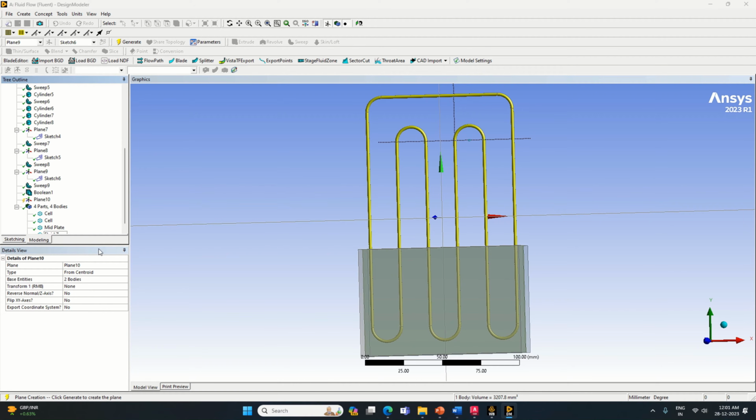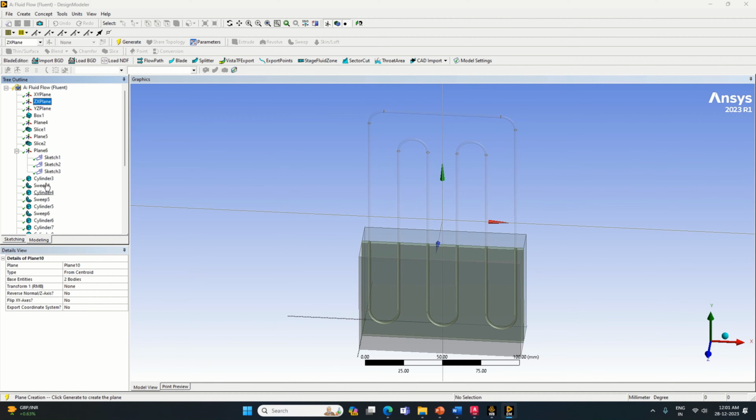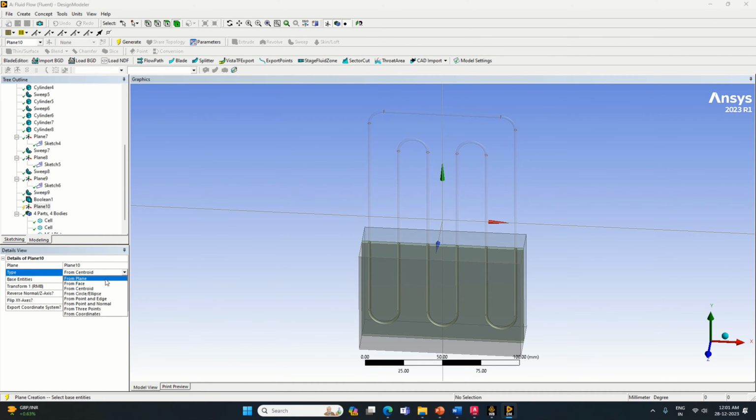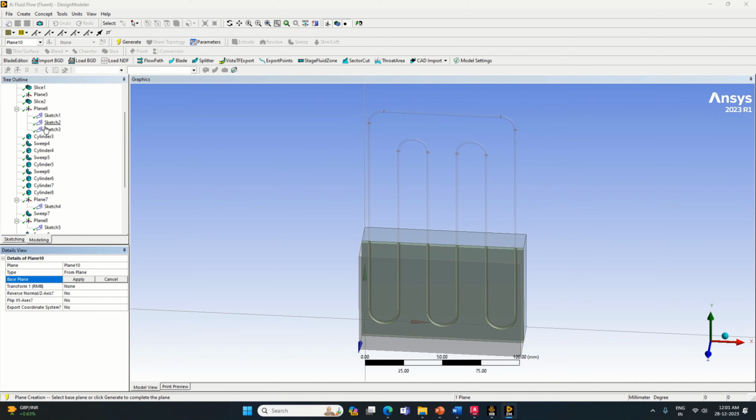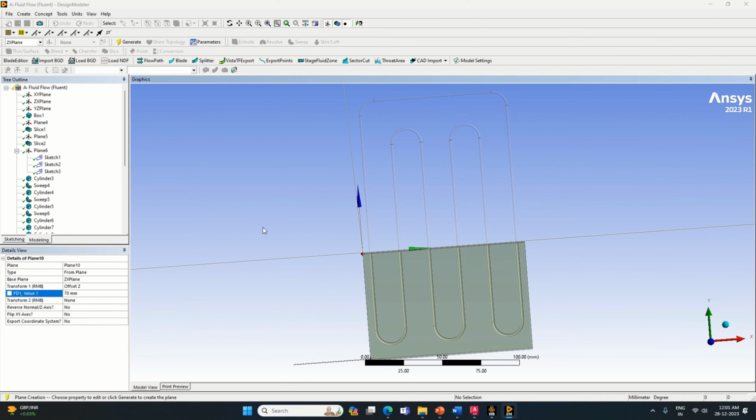This will be again from base plane. I will take ZX because I need to slice the geometry in this direction. So this is a plane, not from centroid. I will make it plane. Instead of XY I will put it ZX, make it apply. I will transform this in Z direction. So put it to around 70 from the bottom, 70 is here. So let's take it 90 from the